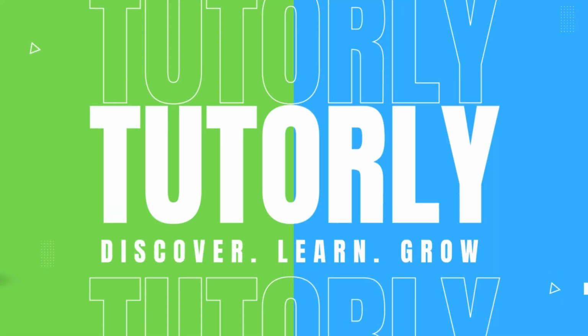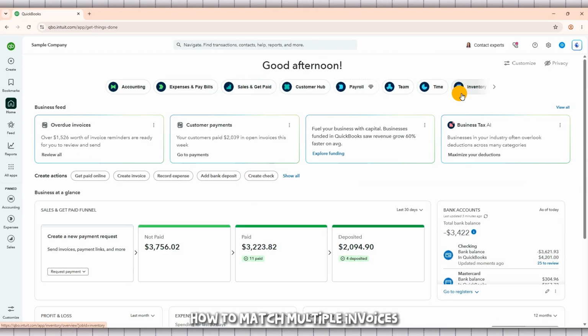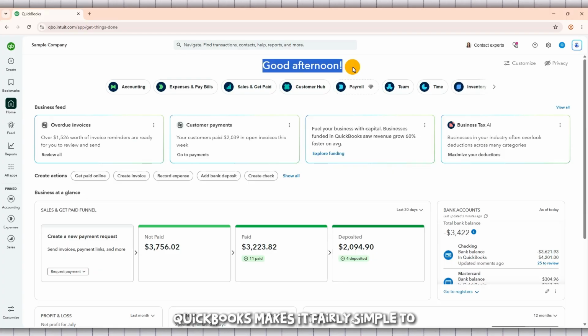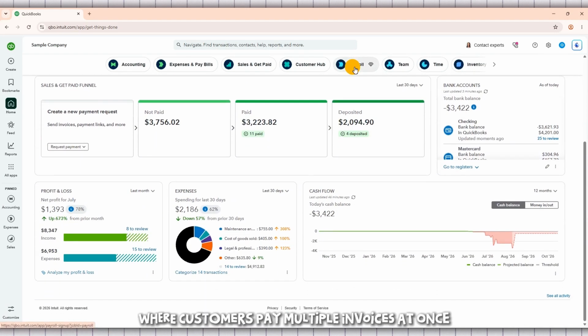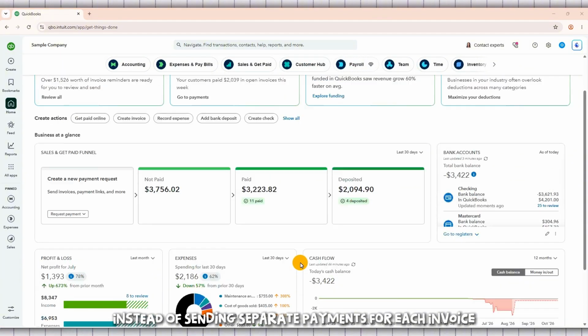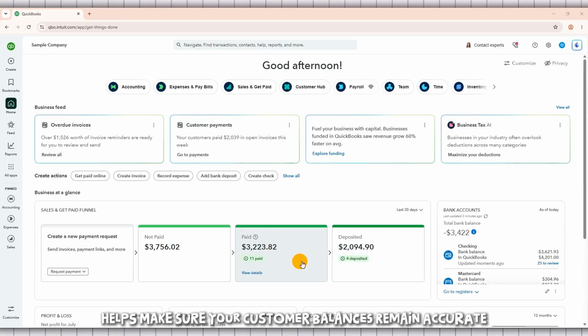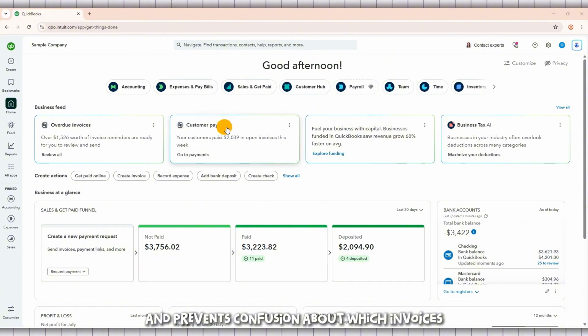So in today's video, I'm going to show you exactly how to match multiple invoices when one payment is received in QuickBooks. If a customer sends one payment to cover several open invoices, QuickBooks makes it fairly simple to record that correctly. This situation happens often in businesses where customers pay multiple invoices at once instead of sending separate payments for each invoice. Properly applying these payments helps make sure your customer balances remain accurate and prevents confusion about which invoices have been paid. The key is to apply that single payment to all the related invoices and then make